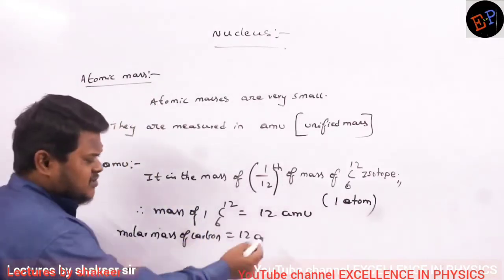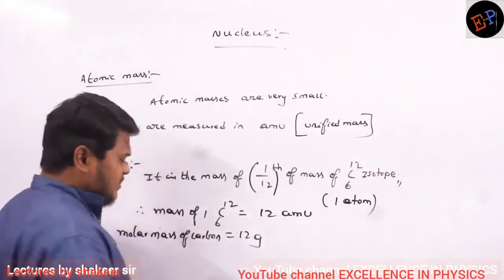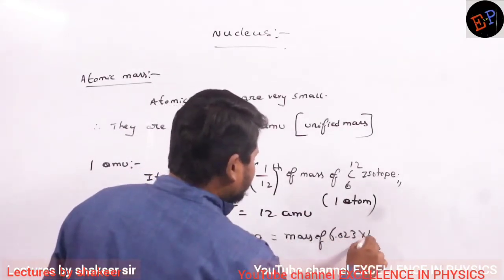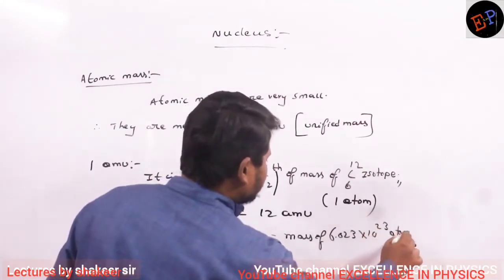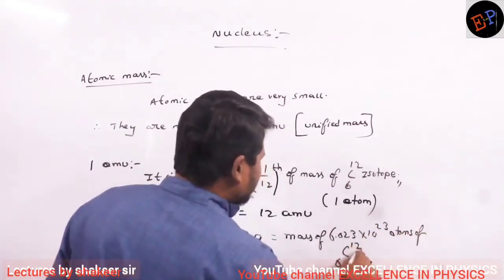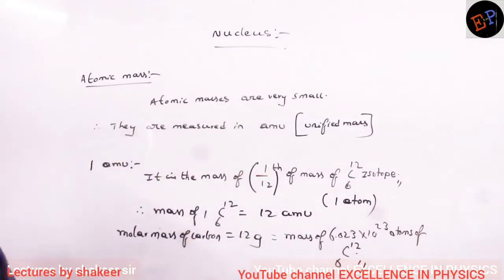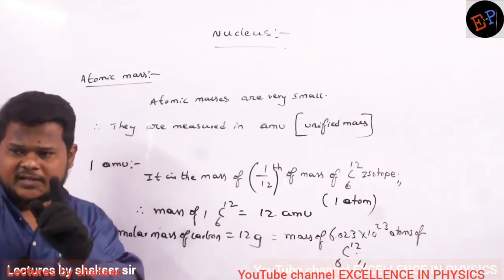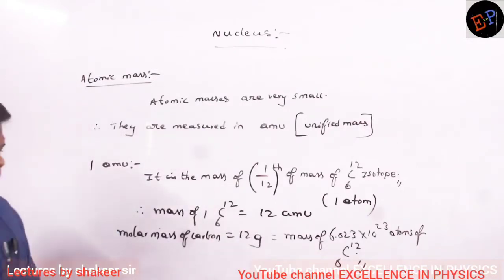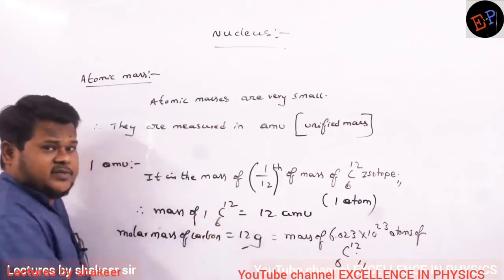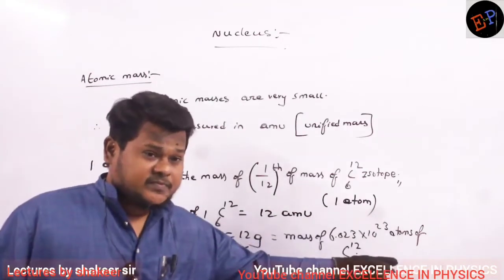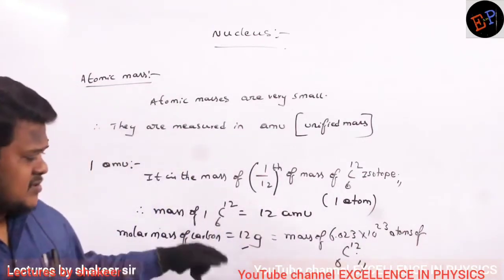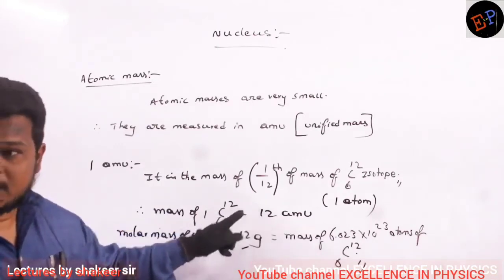అర్థమవుతుంది కదా? So this 12 grams is the mass of how many atoms, ma? Mass of 6.023 into 10 power 23 atoms of what? C-12. Okay, that is the difference between AMU and grams. If you are writing in AMU, it means that is the mass of a single atom or single molecule. But if you are writing the same value in grams, then it means you are taking the mass of these many atoms. Inni atoms mass kalipite oka molar mass అవుతుంది, and that is exactly equal to the same numerical value. ఇక్కడ 12 వస్తే ఇక్కడ 12 వస్తుంది.